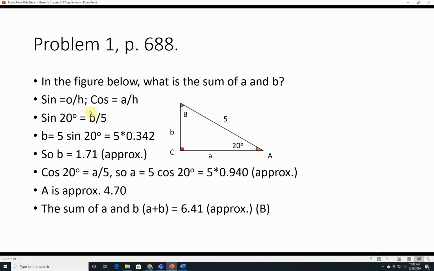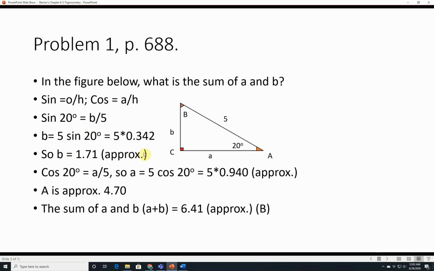Problem 1, page 688. In the figure below, what is the sum of a and b? Well, sine is equal to the opposite over the hypotenuse. So the opposite here would be b over 5. So sine of 20 degrees is equal to b over 5. B is also equal to 5 sine 20 degrees, which is going to be 5 times 0.342 approximately, so B